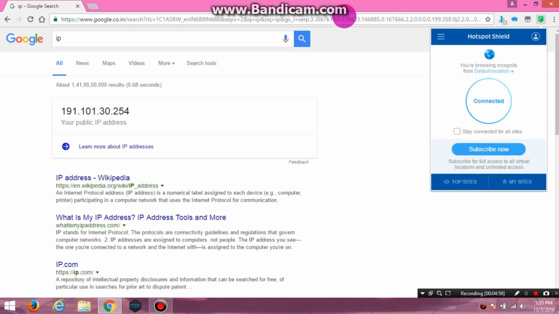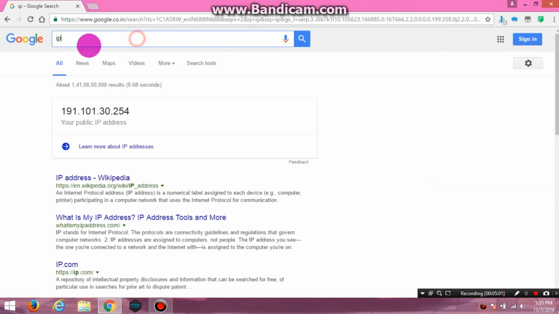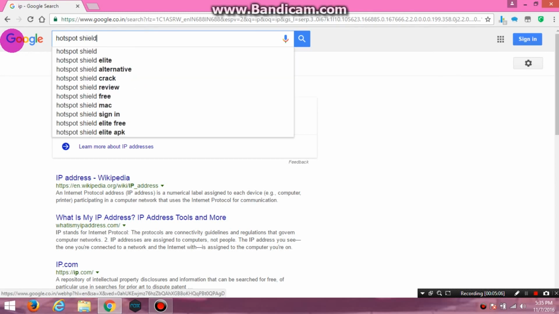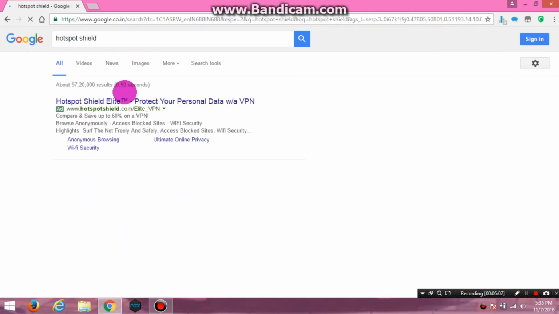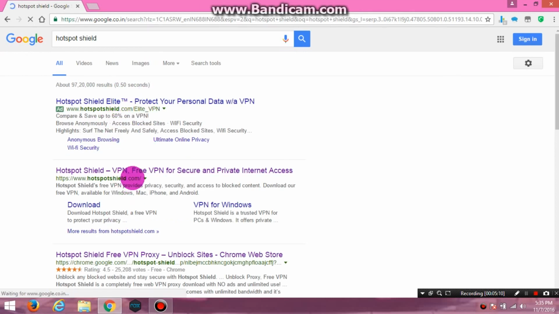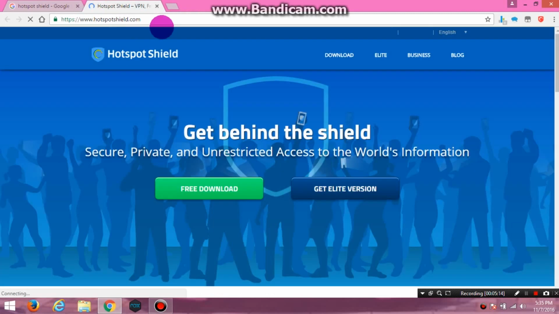And the second option is that you can search for the download link of Hotspot Shield software. This is the website of the Hotspot Shield proxy provider, and you can see here two versions are coming, free download and a paid version. The paid version is for professional use, so if you don't want that, you can use the software that is free to download.